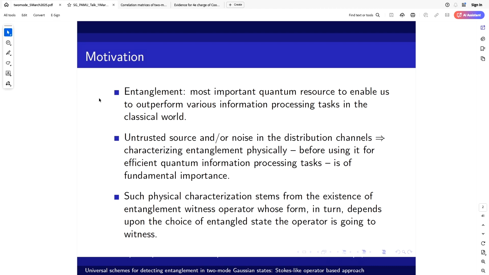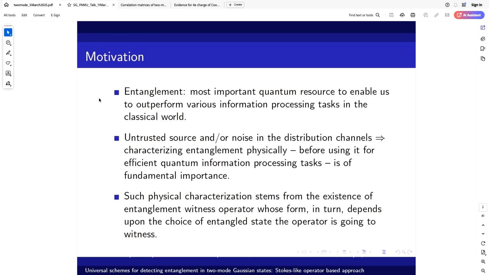Now, one more thing I must say, unlike in the case of finite dimensional systems, where we know the Hahn-Banach theorem exists, although the Hahn-Banach theorem will also work for infinite dimensional systems, coming up with an entanglement witness given an entangled state is difficult in the case of infinite dimensional systems. Okay. And as far as I know, there is no algorithm for doing that. Even for discrete systems, the Hahn-Banach theorem does not provide you an algorithm, but